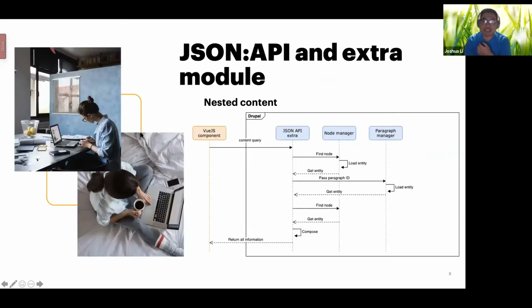And we use JSON API. It was a long history. The client used JSON API before JSON API was brought in core. Then we did a really nice job, a really hard job, to actually migrate the contrib module JSON API into the core